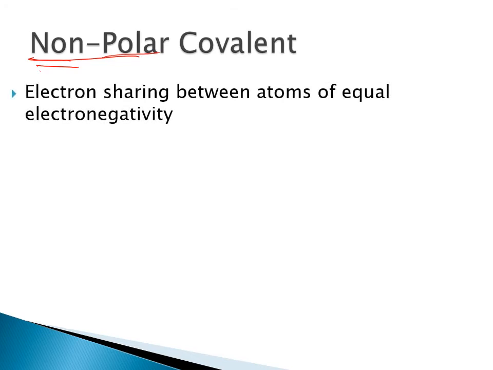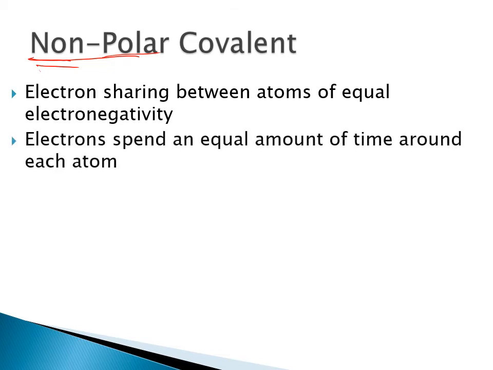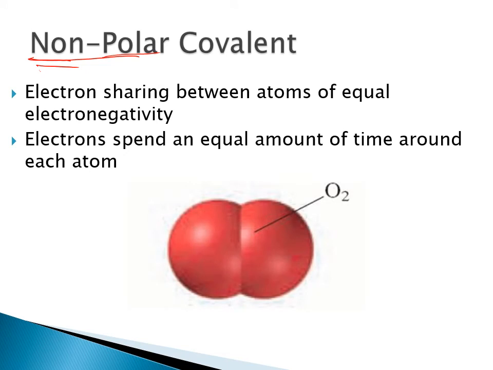So electron sharing between atoms of equal electronegativity, or close to equal electronegativity. This means the electron is being shared equally between the two atoms. So you can think of it, if we were looking at those clouds of where the electrons would be, as sort of as likely to be near one atom as the other. And so oxygen, O2, obviously,